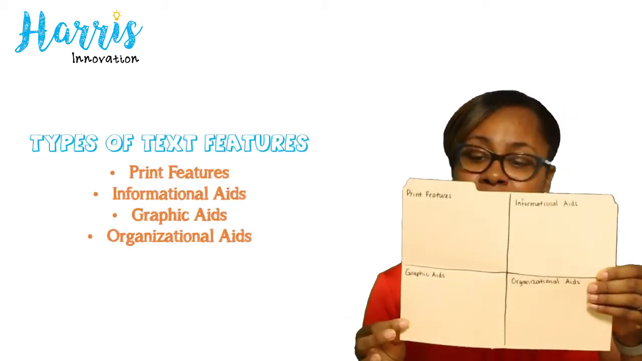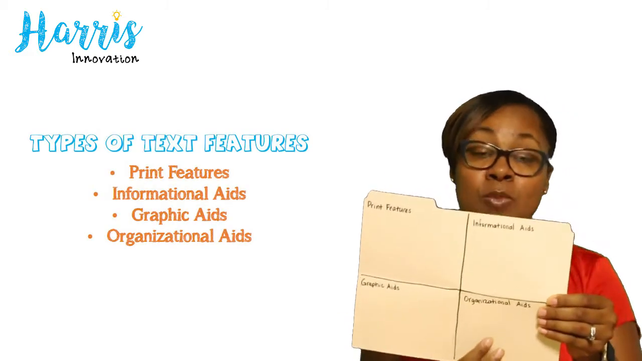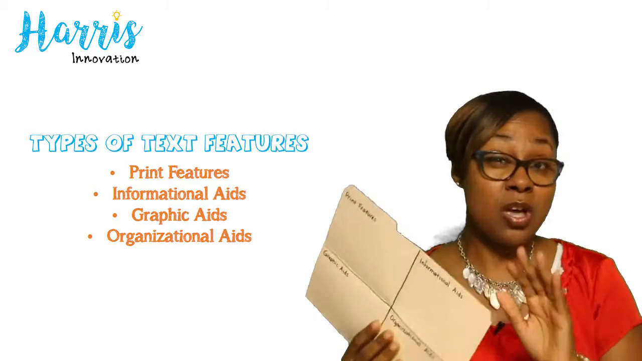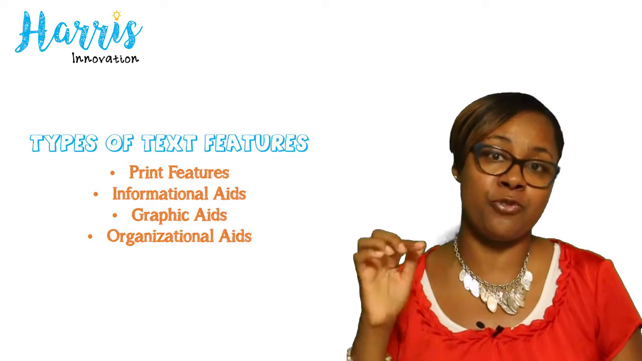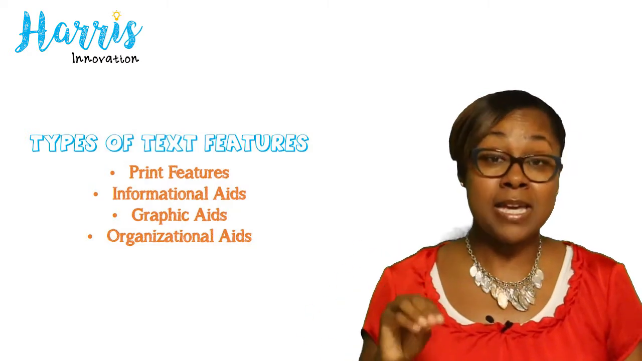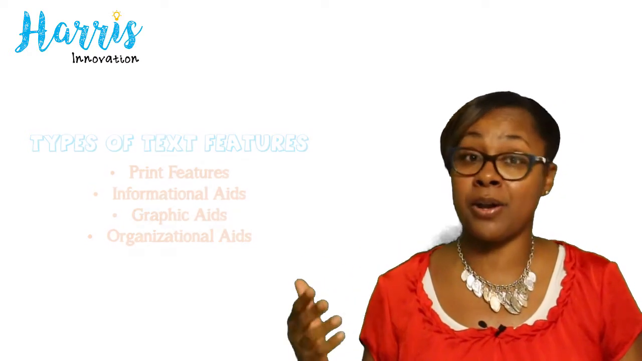So today we're going to use just a simple everyday magazine. I use my son's Game Informer and a manila file folder. I cut it in half and labeled them print features, informational aids, graphic aids, as well as organizational aids. So I'll talk a little bit about what each of those text features are and why it's important for students to know each of those text features in order to better understand what the author wants to say in a piece